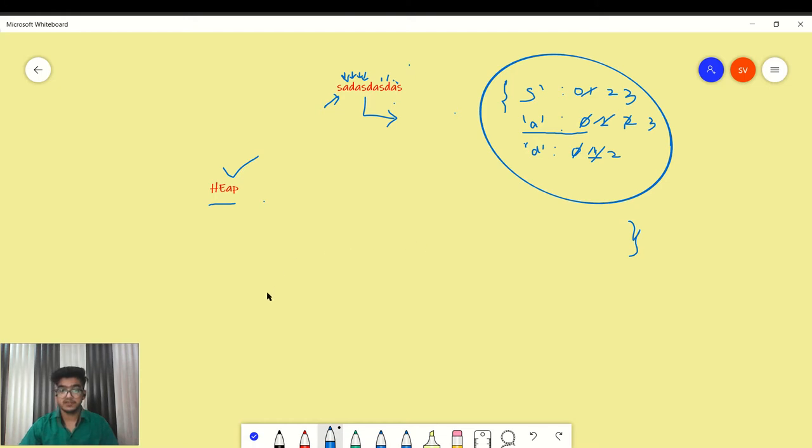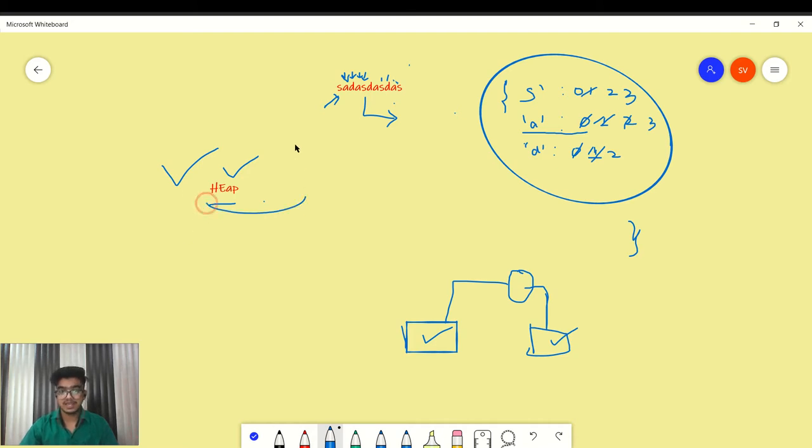As I said, we are picking the two characters having minimum frequency and using those two character frequencies as a node. So we are taking two frequencies, which are the minimum frequencies, and combining them to create another frequency node. So we are using heap in order to find those minimum nodes.